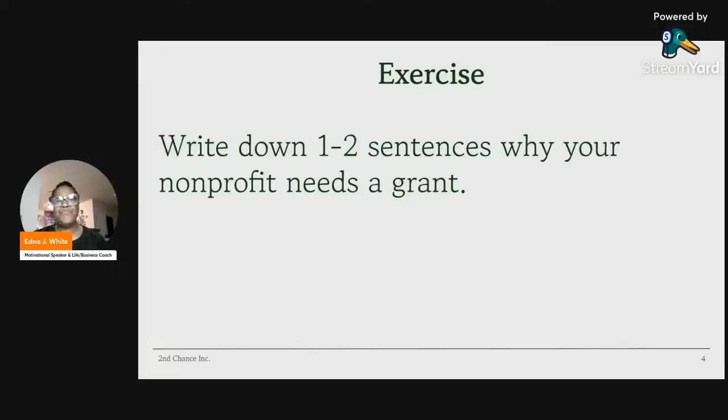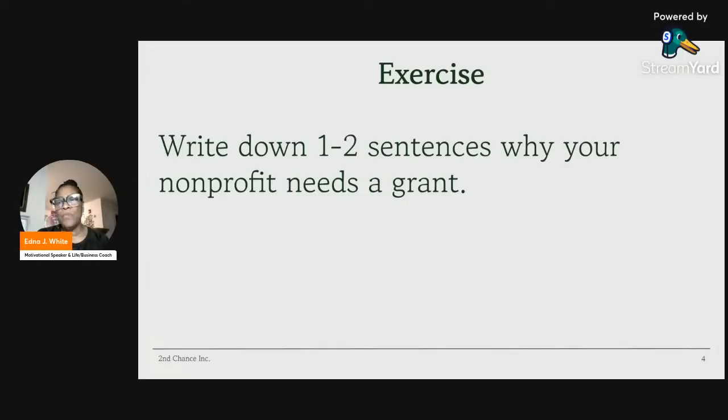Okay. So now that you have a great idea of what you need the grant for, I've given you those 3 minutes to just figure out what the grant is for and what you're going to use it for. Now that you have a little bit more assembling, moving forward, let's gather the idea. What are you trying to fund?